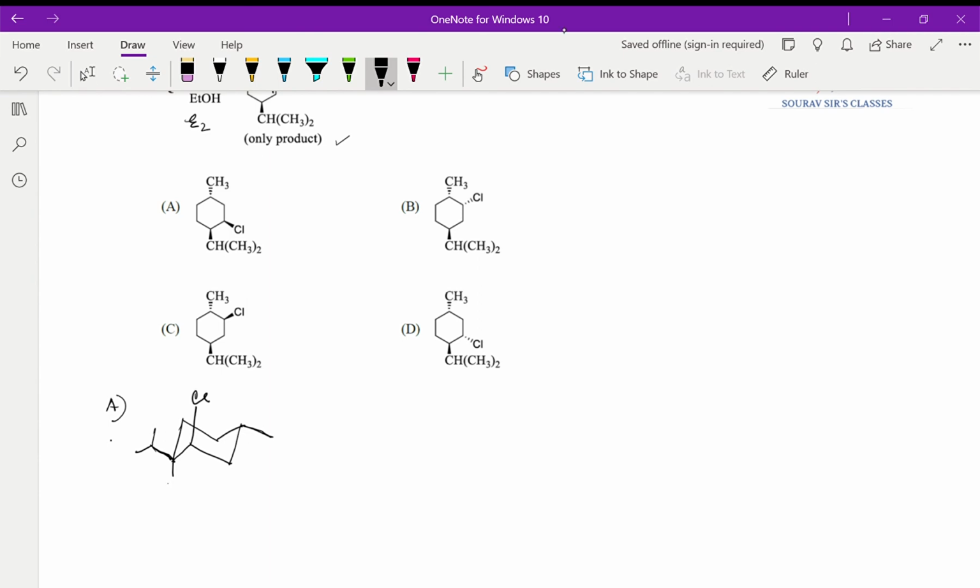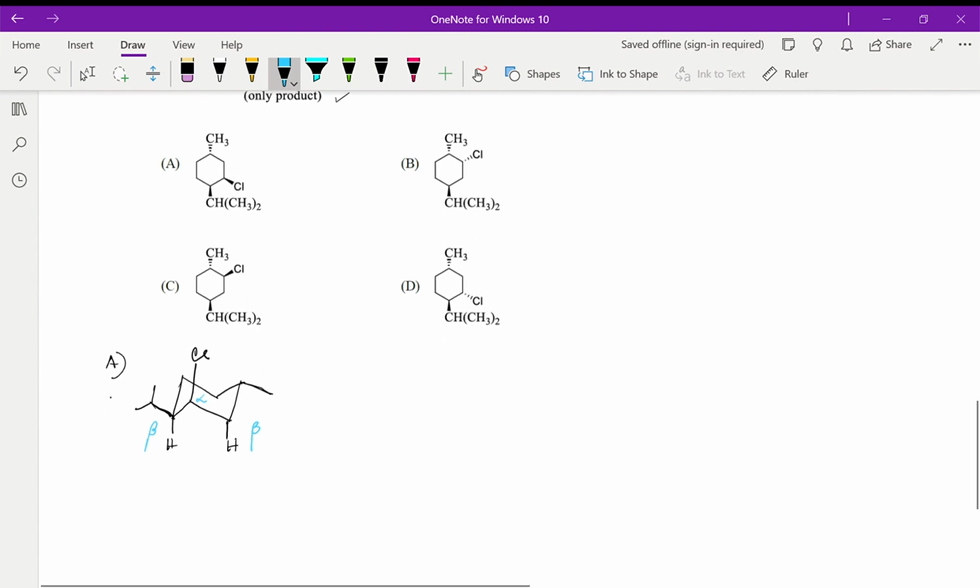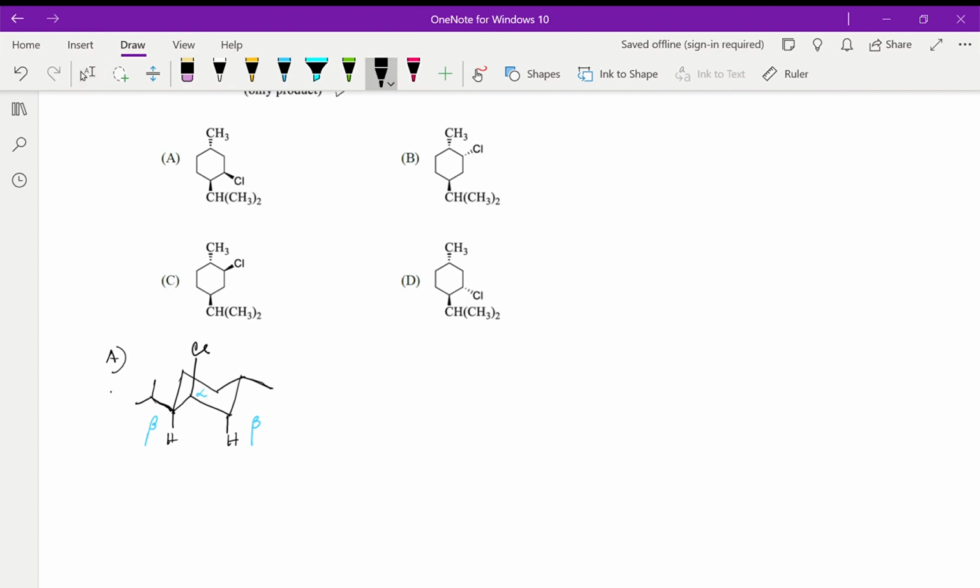Okay, so here now we have the hydrogens and the hydrogens here. If this is the alpha, then this will be the beta hydrogens which can undergo elimination reaction. So from here itself we can conclude there is a possibility of two products over here.